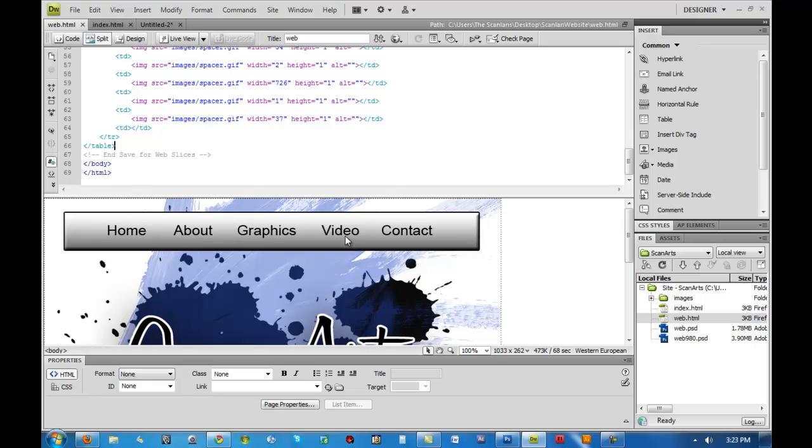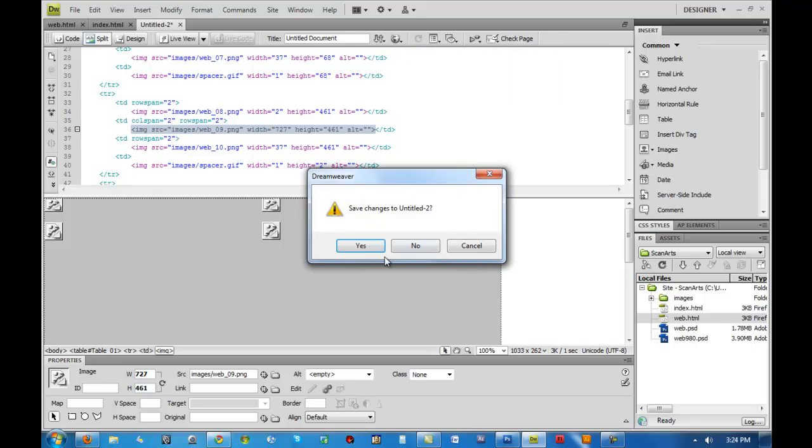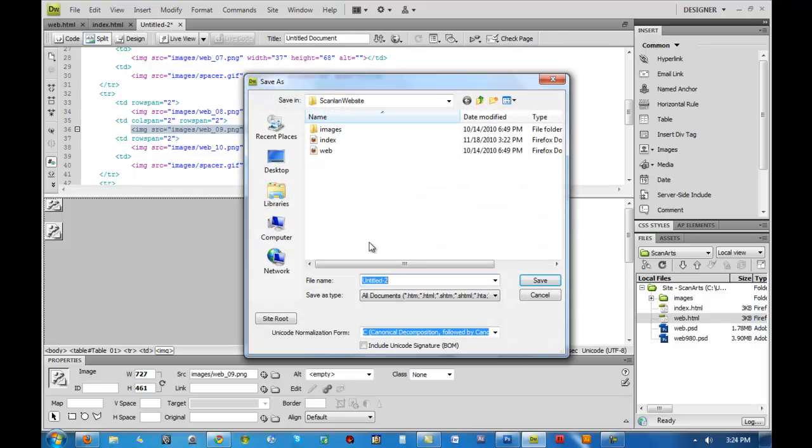So we have 5 pages. Remember that the home page is the index.html. So now we want to create one called about.html, another one called graphics.html, video, and so forth. So let's do that right now. So if we go back to Untitled 2, go to the globe, preview in Firefox, or whichever one, yes, we want to save it, and we want to call this one